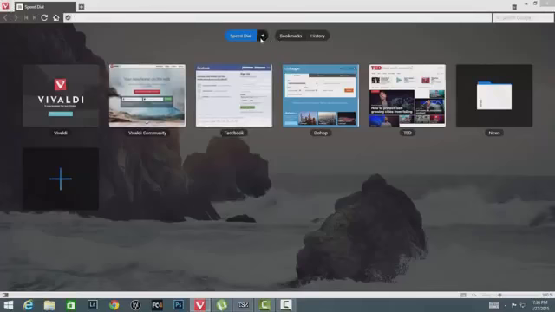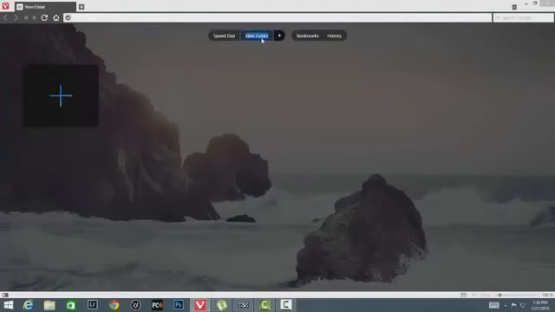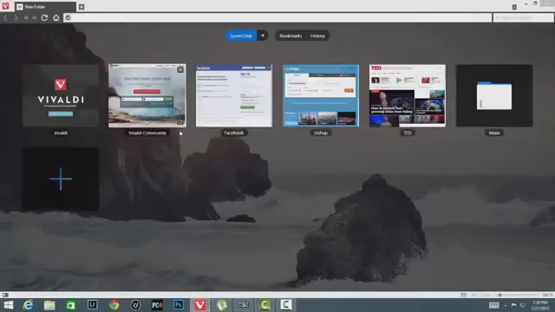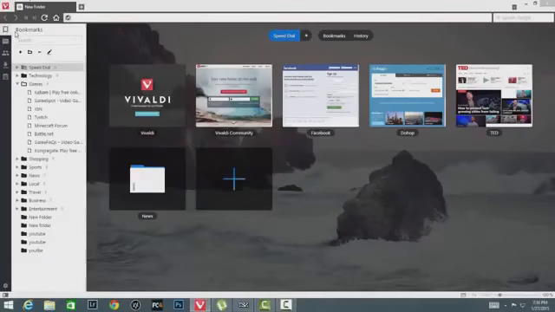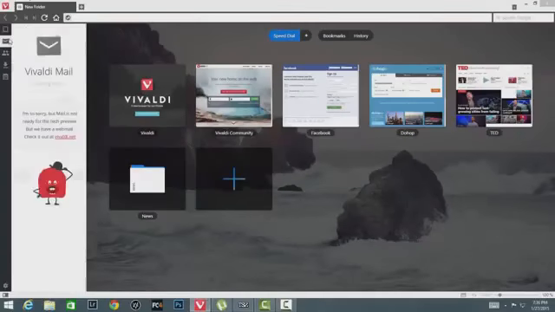The next thing is if you create a new tab, you will see this speed dial. You can make a new folder. If you don't want it, you can remove it. That's pretty simple. There are a bunch of options here, and there's a little option known as show panel. If you click there, you'll see some panels here. There's a bookmark, Vivaldi Mail.